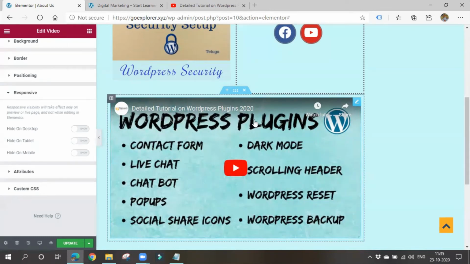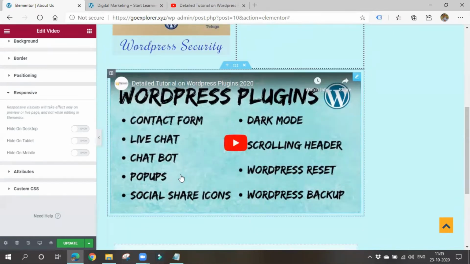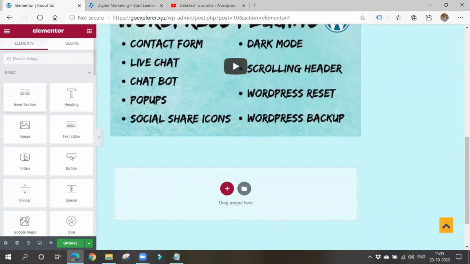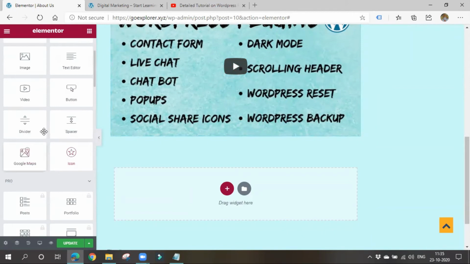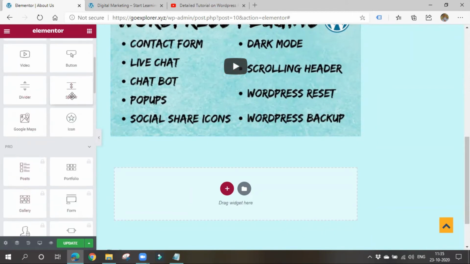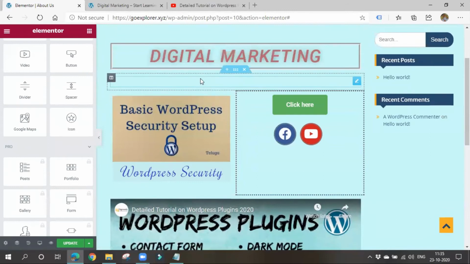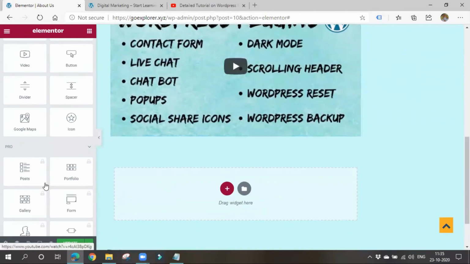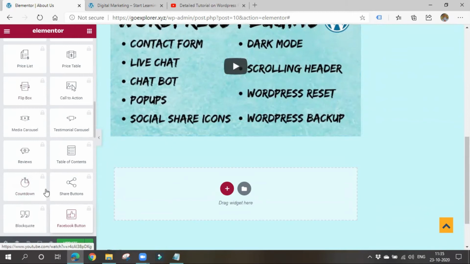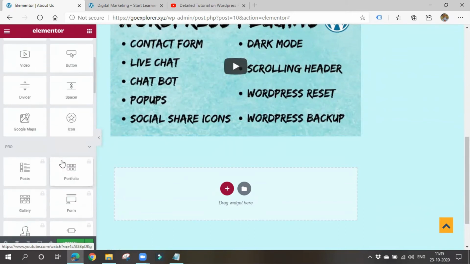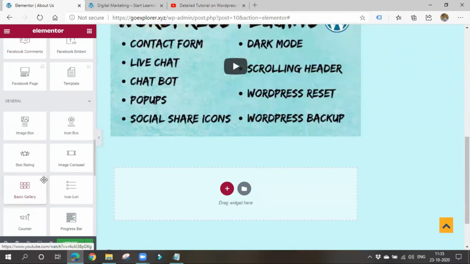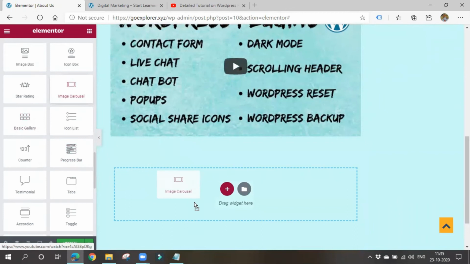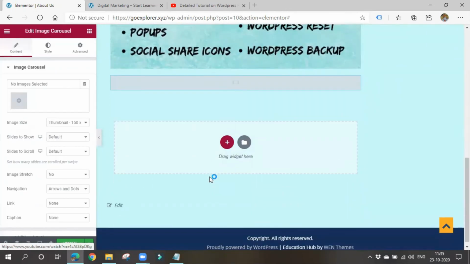So and again, if you want to add any kind of image carousel. Okay, what is image carousel? Image carousel means slider. Okay, I'll show how to add a slider kind of things. So if you go for this divider and spacer, or to increase some space, okay, to give some space between columns. Okay, so I'll go for carousel. So media carousel. These are all locked things. See, Pro things. You can't use them. You have to pay money in order to use them. So here there is image carousel. I'll make use of this thing. So you can create a slider with the help of this thing.